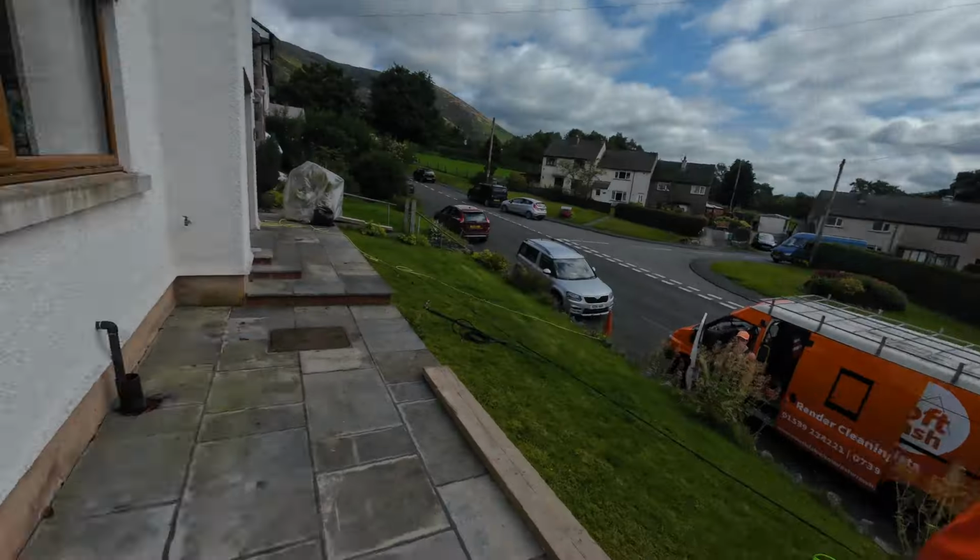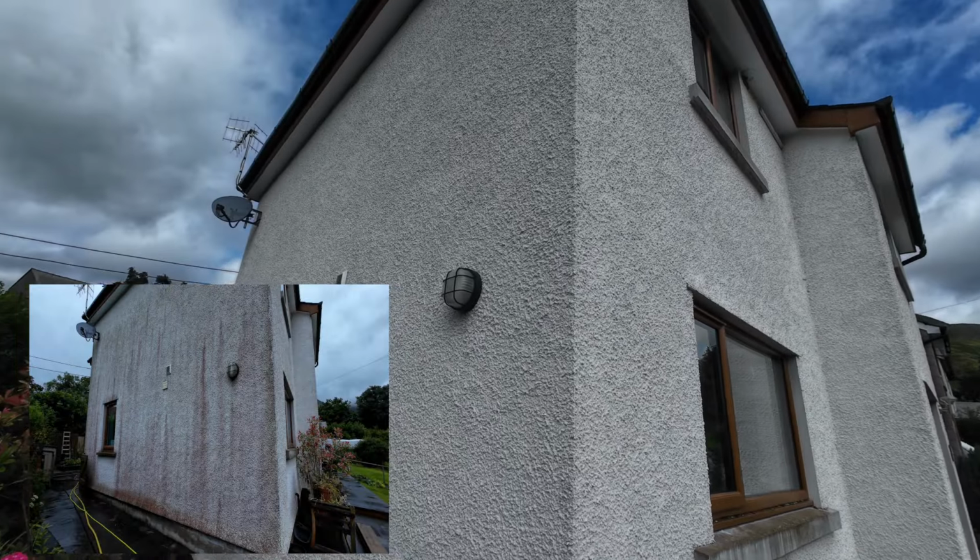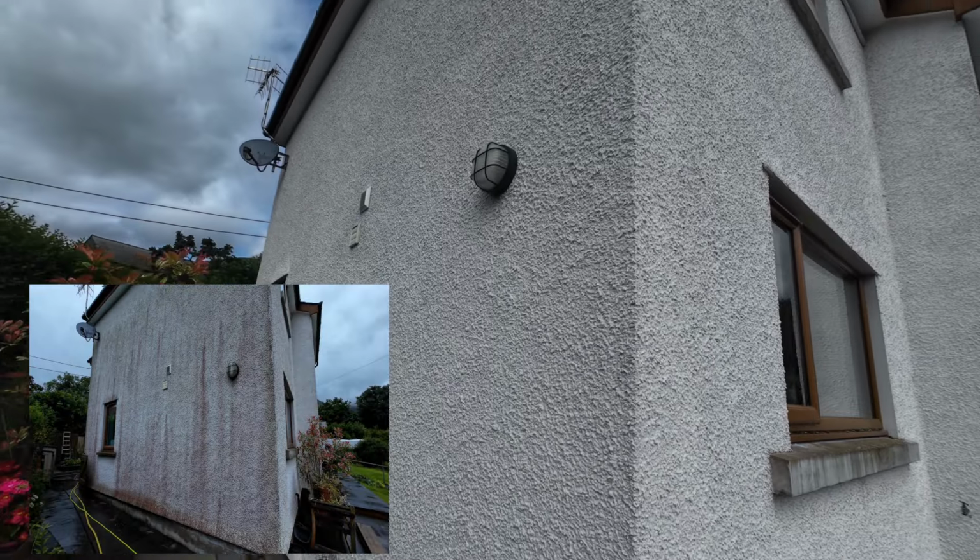So we're back at this property at Threlkeld now, and we did the back and the gable about 2 weeks ago, and when we left the walls were still showing signs of algae on there. They were quite pink, and we just want to show you now how it looks when it's fully dried out. So this is the gable end. You can see it's really cleaned up very well,